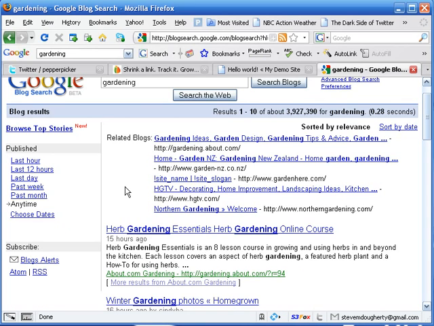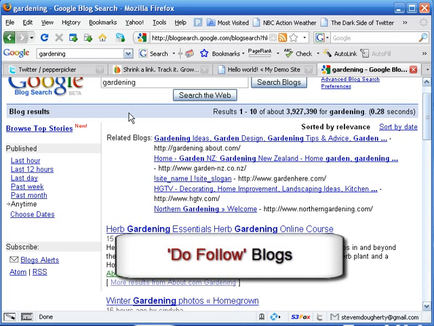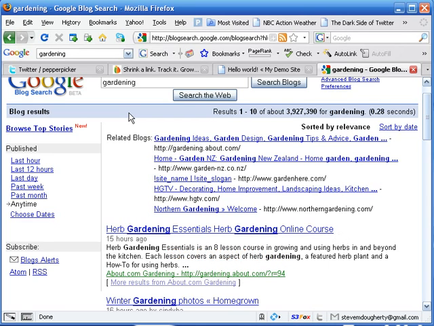Now, searching for niche related blogs is one way. Another thing to consider is a do follow link blog. In other words, those blogs that have a do follow link policy. And if you don't know what I'm talking about, well, some blogs have it set in their guts, if you will, their makeup, that any link that is on their blog, especially from commenting, is a no follow link.